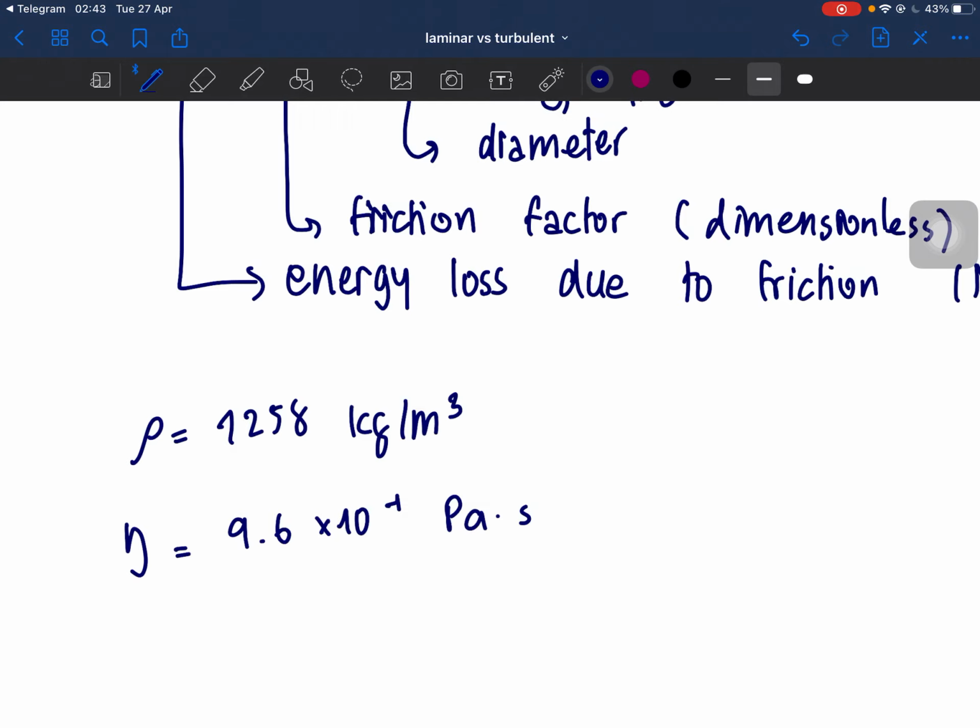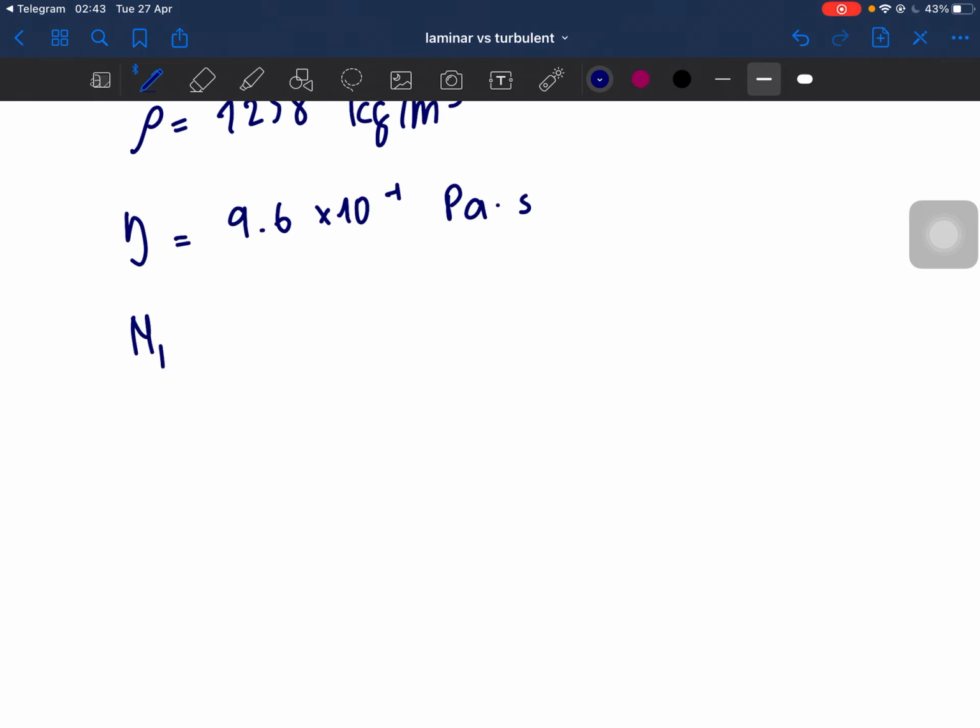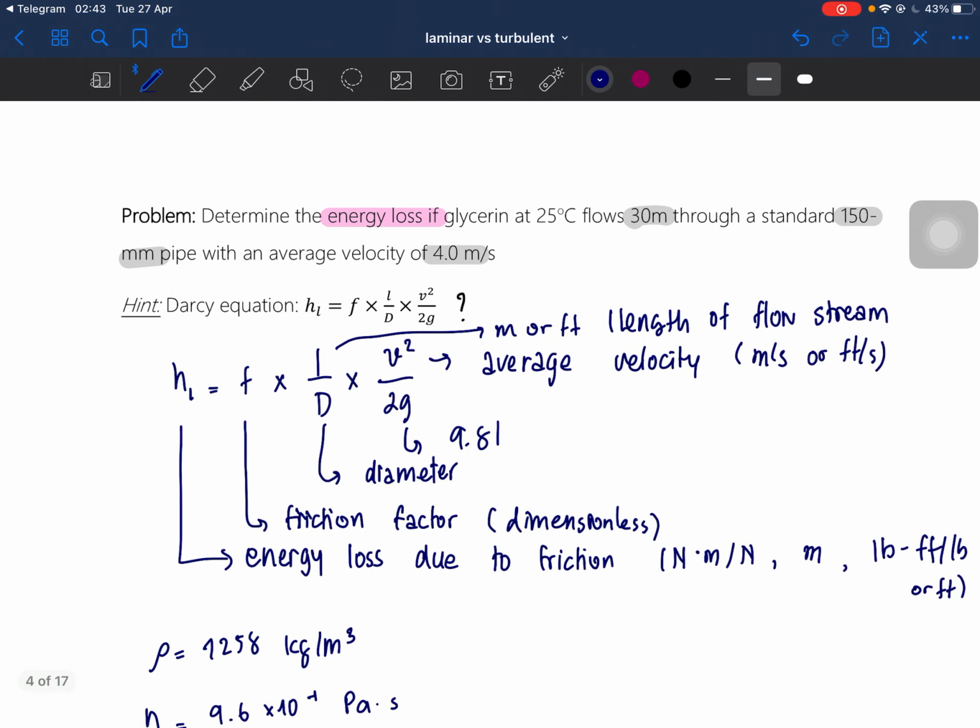So now we can find NR first. Here, we still need to find a Reynolds number. A Reynolds number is very important, wherever there are laminar flow and turbulent flow, we need to find the Reynolds number. Flow in closed conduits is related to the Reynolds number. Everything is related together. So now we can find the Reynolds number as V, which is 4 times